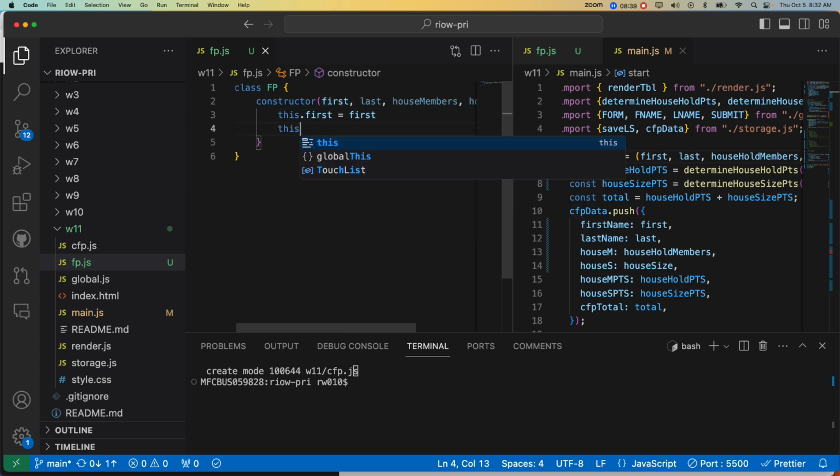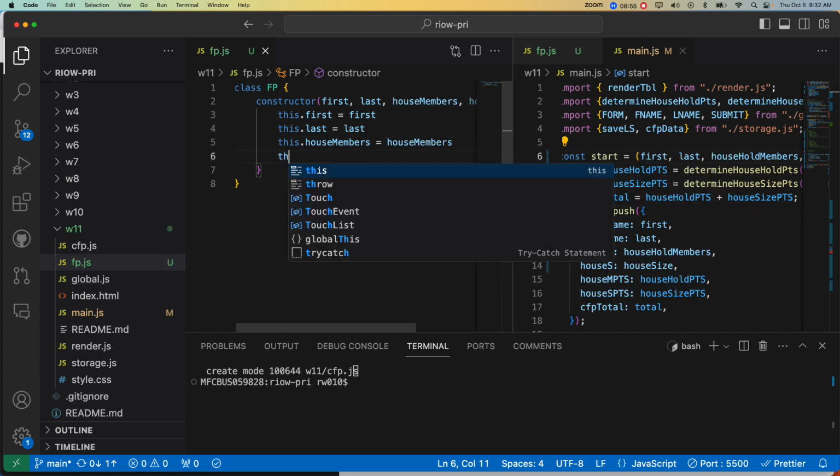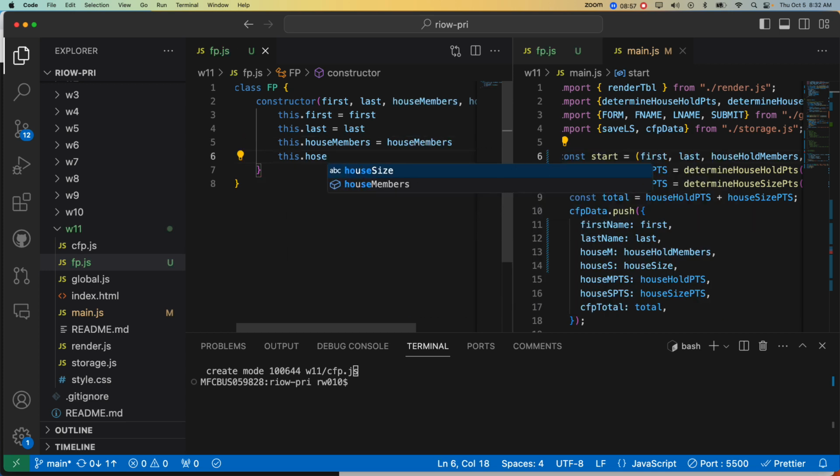There's no syntax to distinguish each line. This is again what we call syntax sugar, just to make our lives easier. Equal to last. This dot house members equal to house members. This dot house size